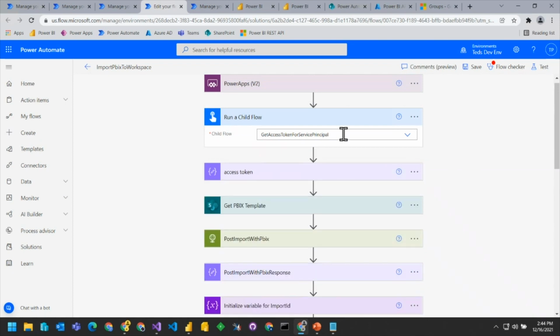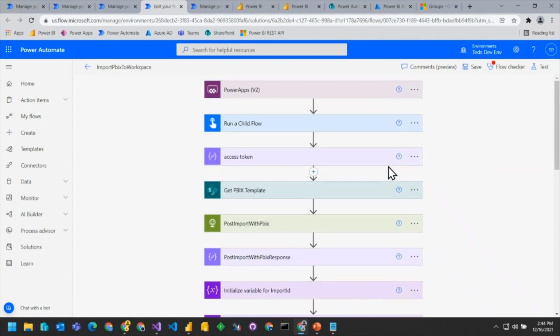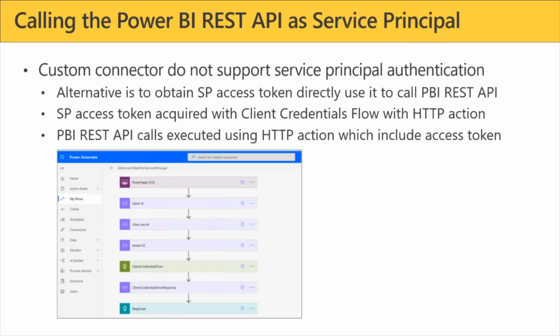Okay, now I'm not going to go into the details of how to get the service principal configured so it can call into Power BI. I've done that in many other sessions, but with the amount of things we need to cover, if you have never configured service principal access before, we have good documentation for that up in the Power BI docs for developers. Okay, let's go ahead and move back to my slides now.